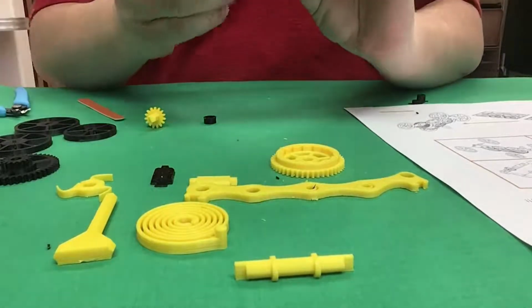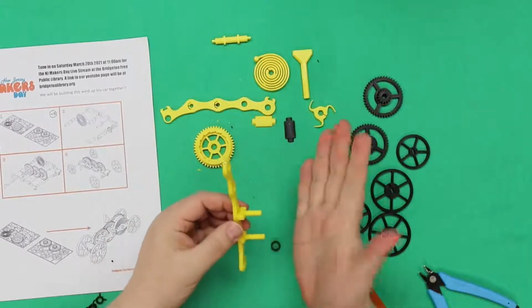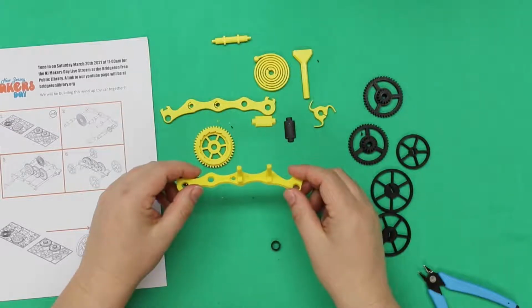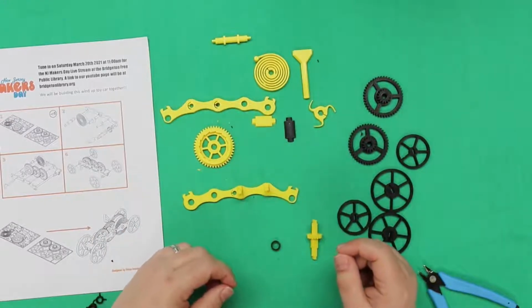I believe that's in there now. Yes, that's in there. So if you don't have one, just keep pushing on it. You may have to put something underneath your hand so you don't hurt your hand to push down on that. And then you have those two pieces in there like that. Okay, we're going to put that down. And we are going to go ahead,